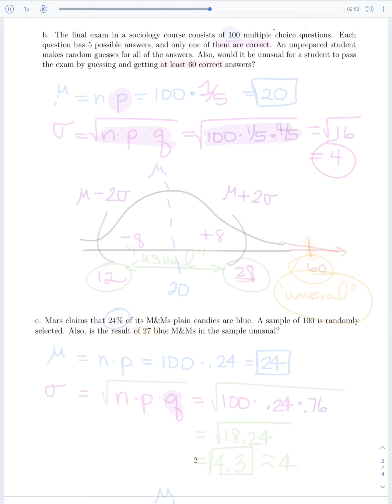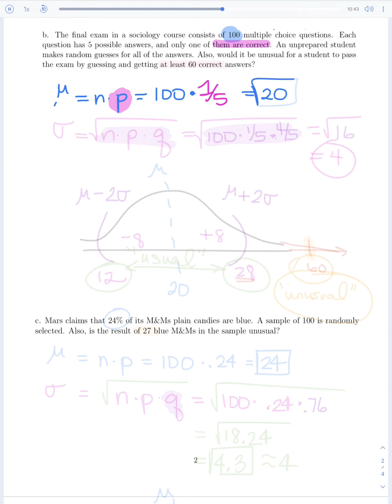So, the first thing that we need to do is talk about finding our mean, our mu, which is going to be n times p. Well, remember for this one, our n, our total number of things that we're doing right here, is going to be our 100. And then here's going to be the hard part, is the probability, the p, of success. Well, success, our probability here, is going to be of getting one of the questions correct. Well, remember they said that there's 5 choices, and out of those 5 choices, only one is correct. So our p is 1 out of 5, or 0.2, which when we multiply times 100 will actually give us